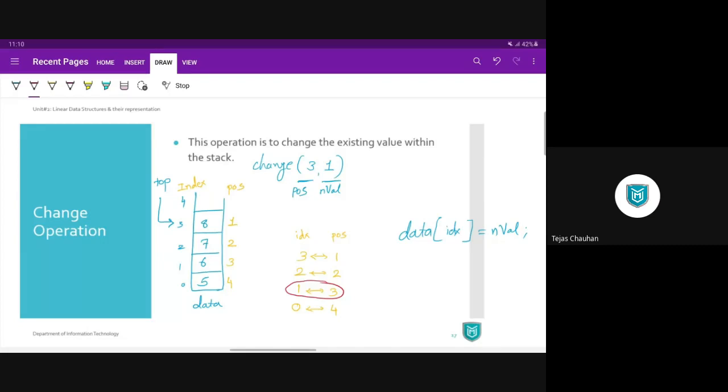What if I do have 3 values only in my stack? Forget 8. I do have 5, 6, 7, 3 values only, and then the user gives position 3.